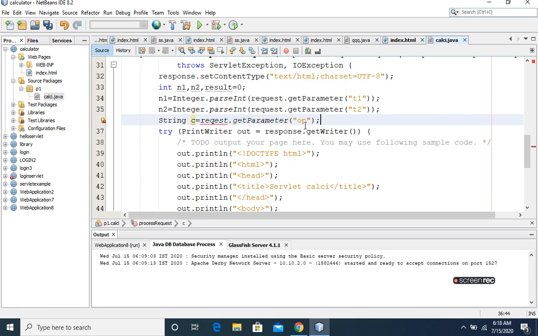So we have read the operations, request.getParameter op, and we have stored in the variable c. So this is the option which the user will select.